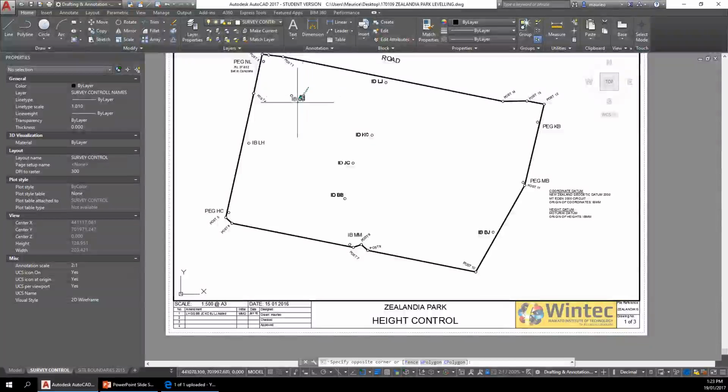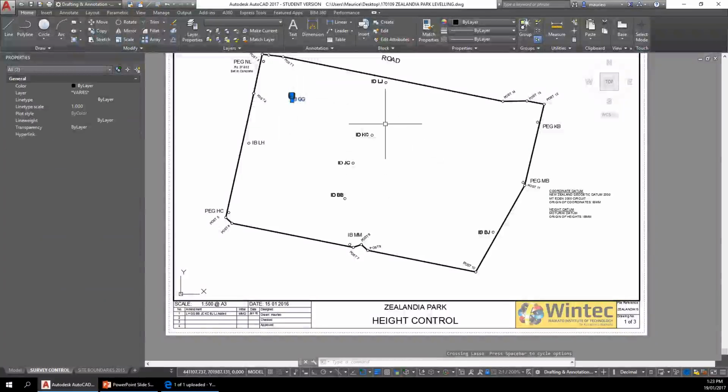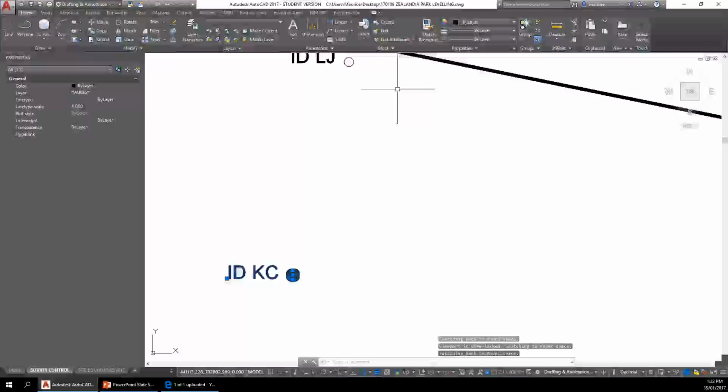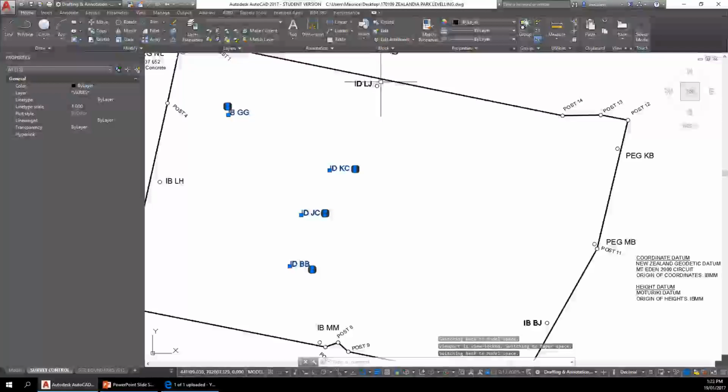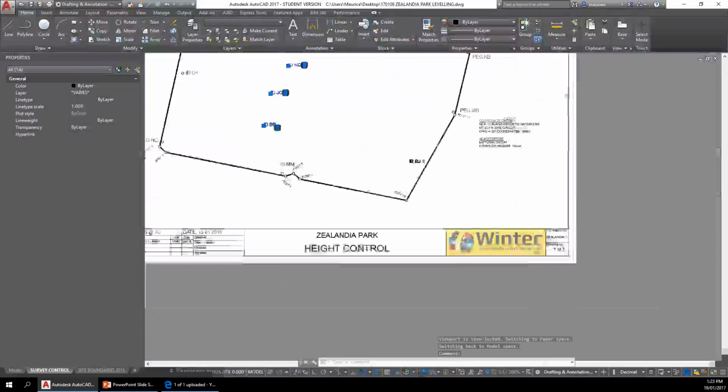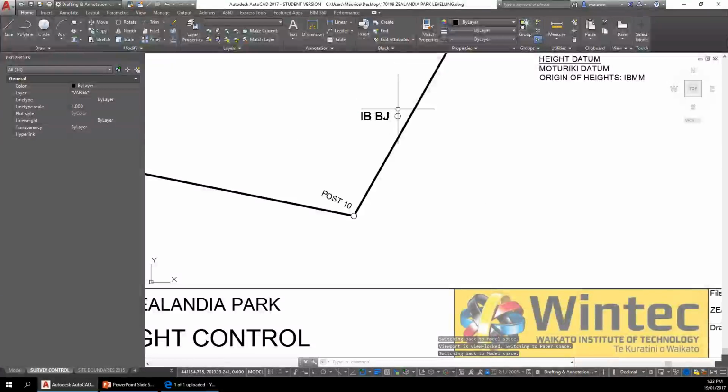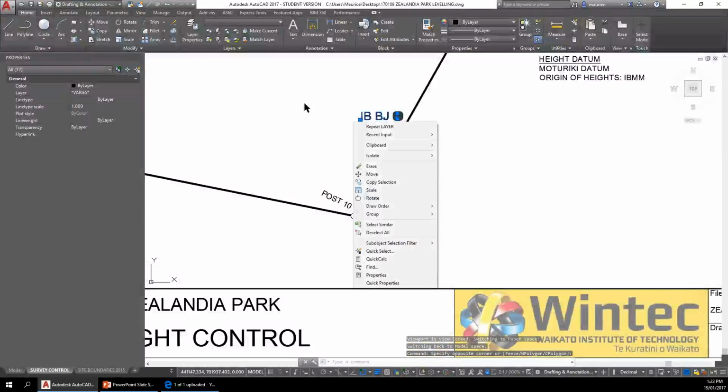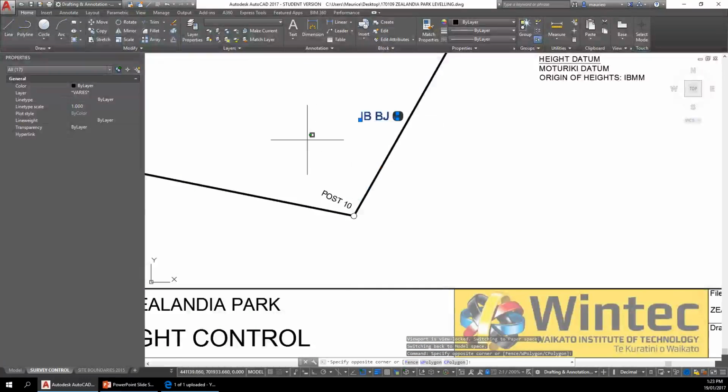So I'm going to, rather than delete them, what I'm going to, I've selected something there that I don't want. Hold down the shift key and that'll deselect it. Now I just want to come in here. So I'm selecting all these here. Alright, that one there, turn them off, and this one over here. So these are new marks that I've added since the 2016